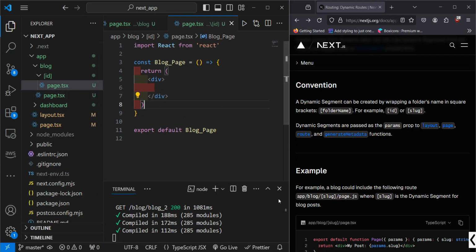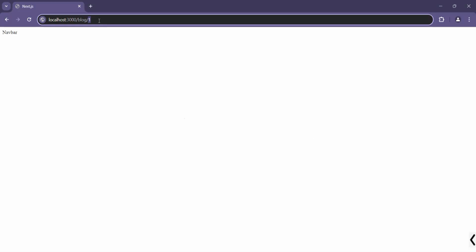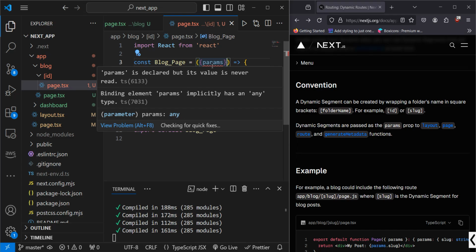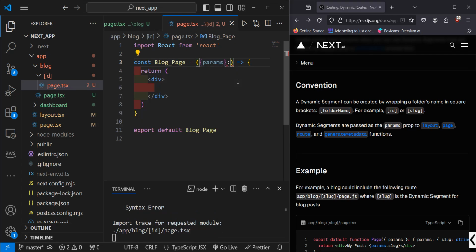So whatever parameter we pass, let's say that we pass 1 from here as an ID, this one is passed to this page as a params prop. So we can extract or destructure that params prop like this, params. And here we are using TypeScript. If you hover here, you can see params is declared, but its value is never read. Params implicitly has any type. So we are going to define the type, what kind of parameter we are passing,